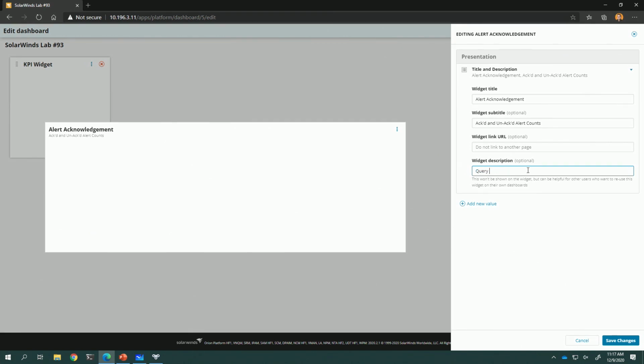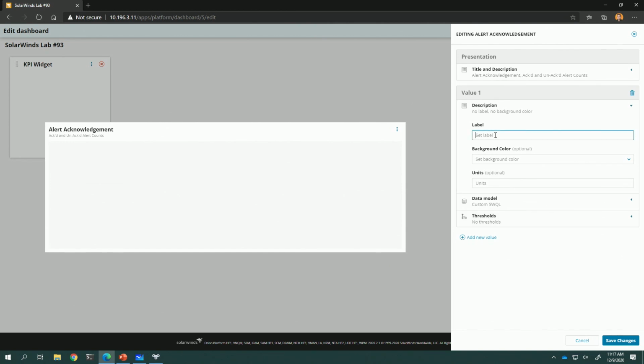So query Orion alerts for act and unact counts. Okay. All right, so all we did was really give it a title and a little bit of description. So now we got to put our first value in. So let's bring a value in. So we need to give it a label,